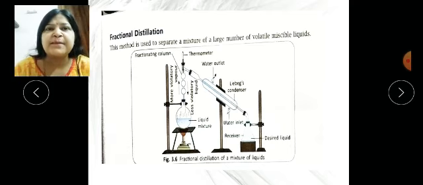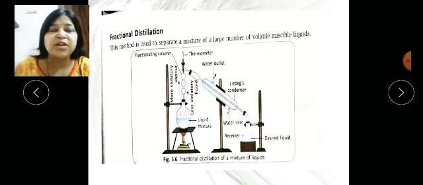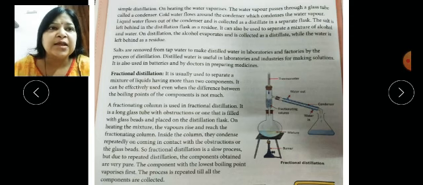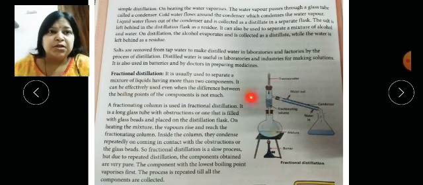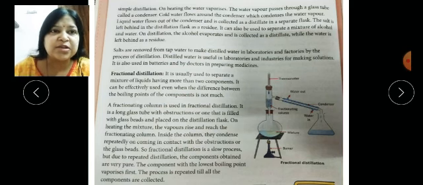For example, if there are 6 components present in the mixture, all 6 have different boiling points, and only if they have different boiling points will we be able to collect them, when their boiling point is reached. It is a method that can separate more than 2 components, as I said, based on the different boiling points. Both function on the same principle.